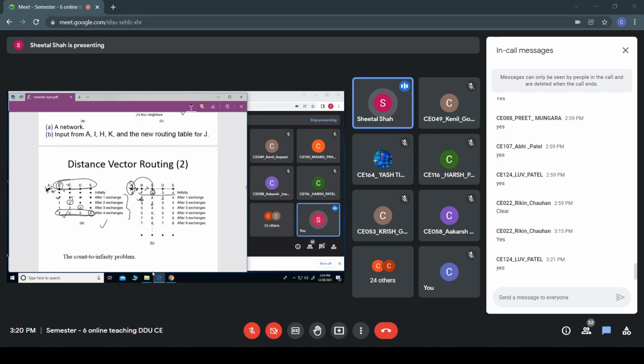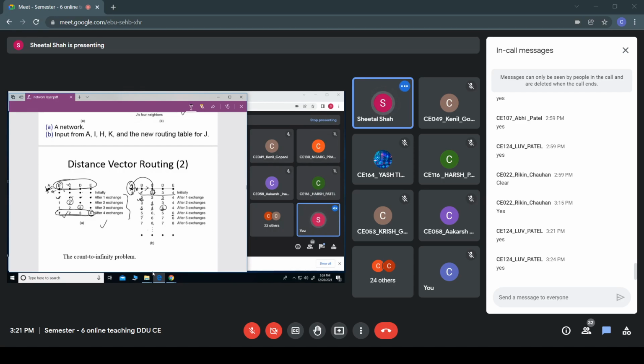Okay. Now by looking at this 4, D will learn that C can reach A in 4 hops. So it will update itself with 5, and B also will update to 5. By looking at this, E will see that D can reach A in 5 hops, so it will update to 6.